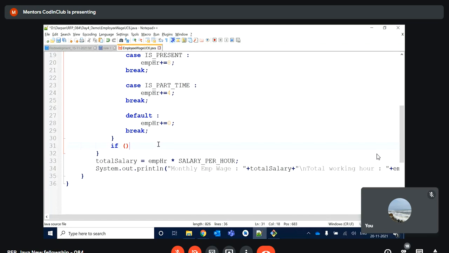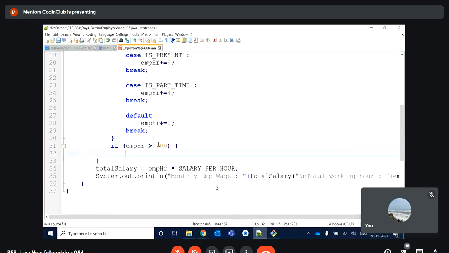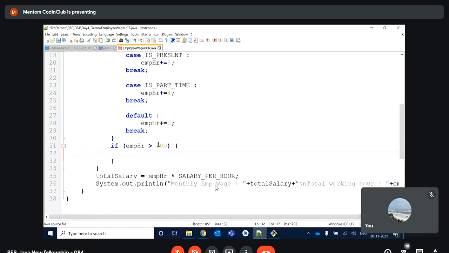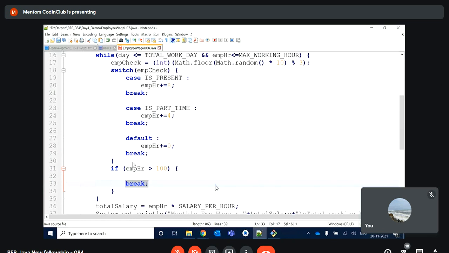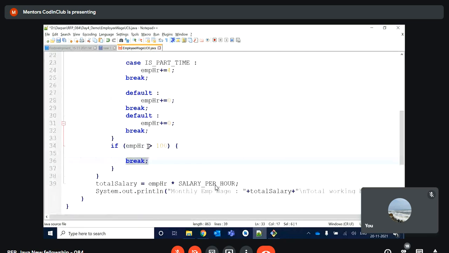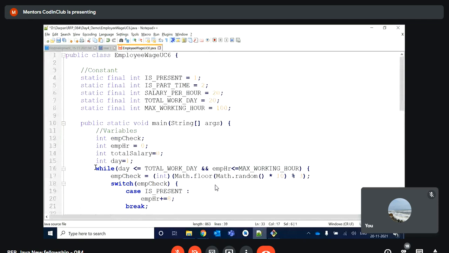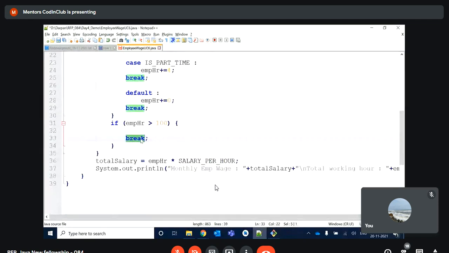Here I'm writing one condition that if employee hour becomes greater than 100, then I will write the break keyword here. Okay, break, what will break do? Your while loop execution will stop here if you write the break.